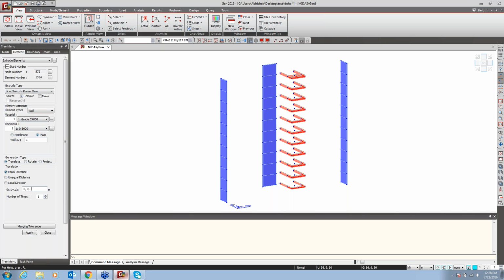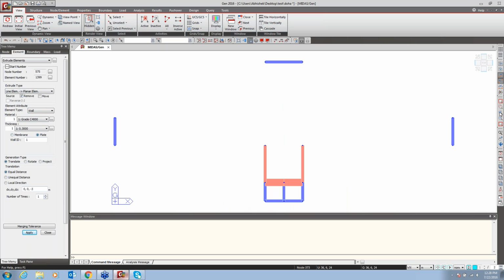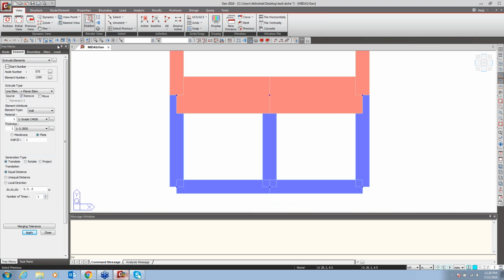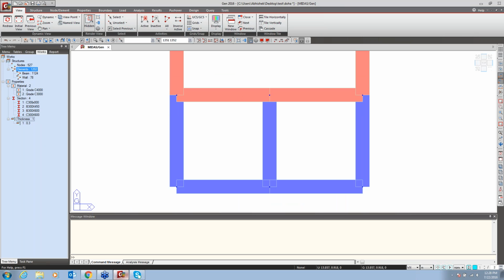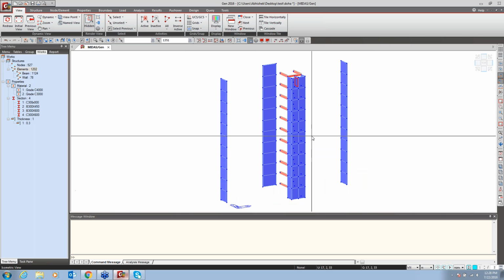Here it is -3, and just say apply. Now my shear wall is generated. I'm using these two as a 300 by 450 beam, and